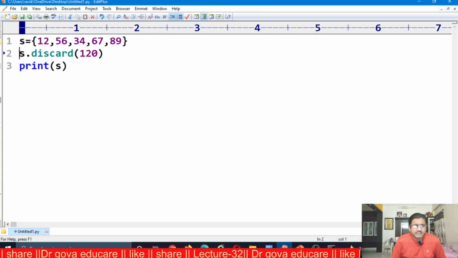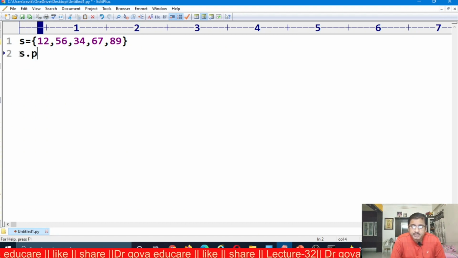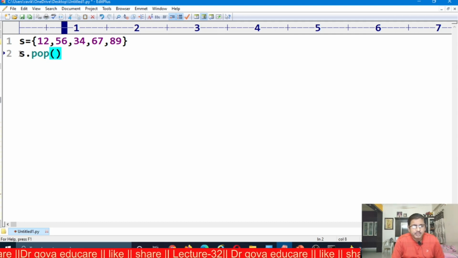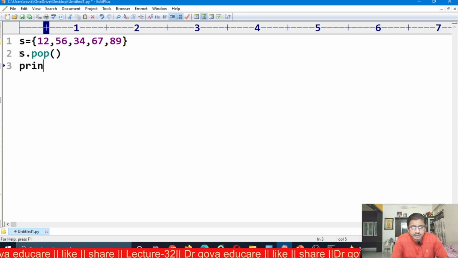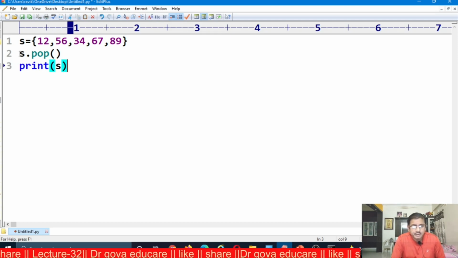Now the same example. This is the set S. I want to use the pop method. S dot pop. Now I want to print S. Now a random element will be popped from the set.